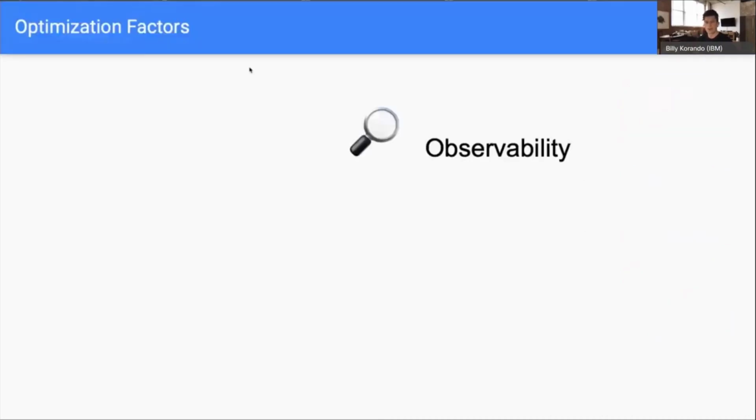So what are some factors for optimization? Well, I think one of the first factors you want to consider is observability. Only through observability are you going to be able to determine, is this application working well? Any changes you made, is it a change that's actually helping the application work better? Is it working worse now? In many ways, I consider observability the first most important factor in optimization, because of the scientific way of thinking: you can only know if you're doing something right if you can test it